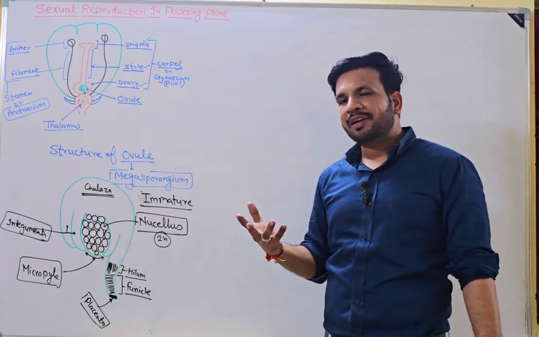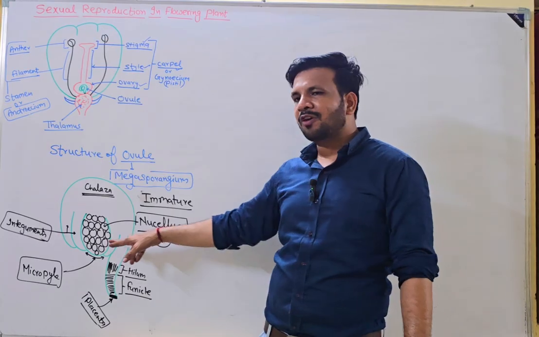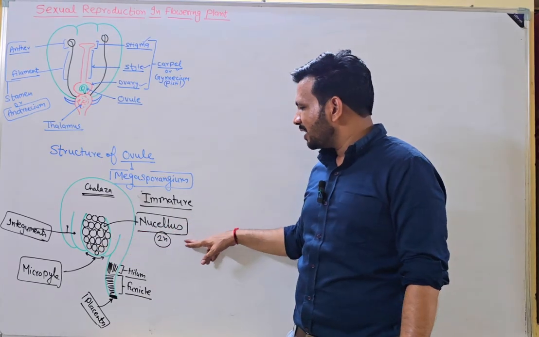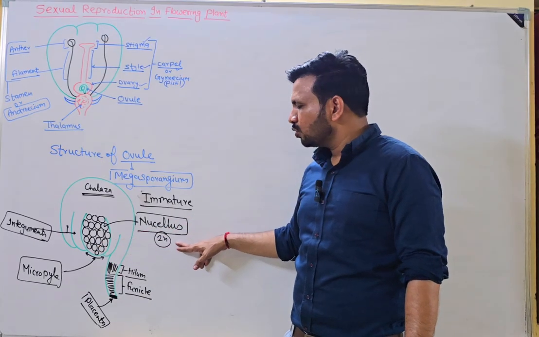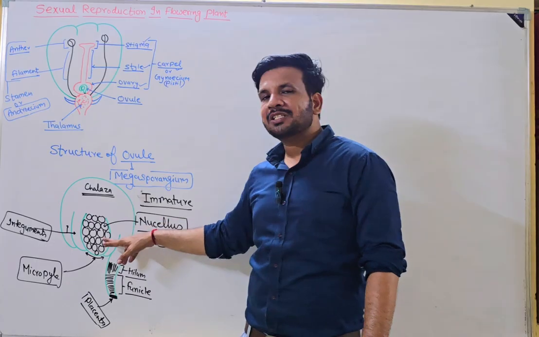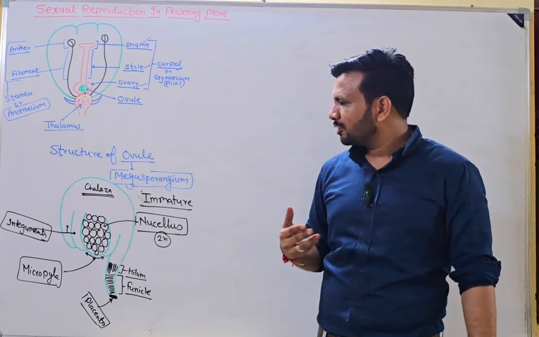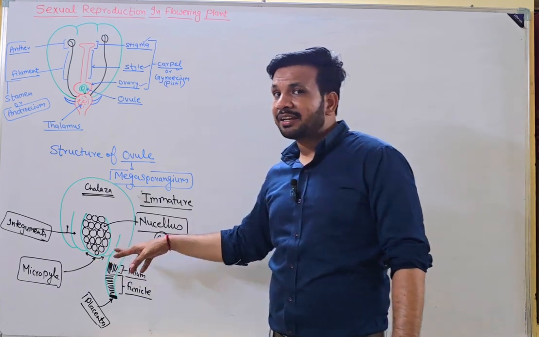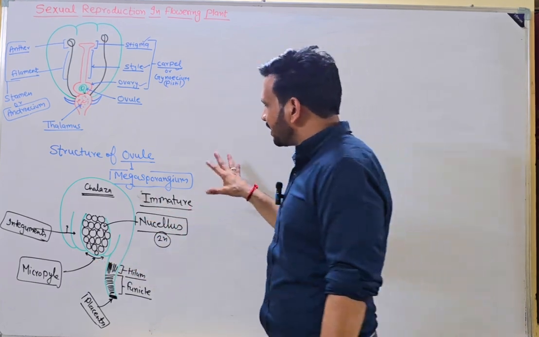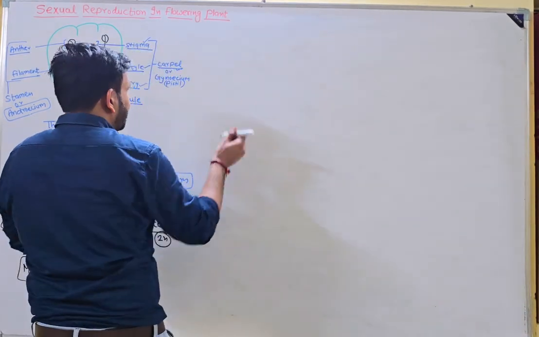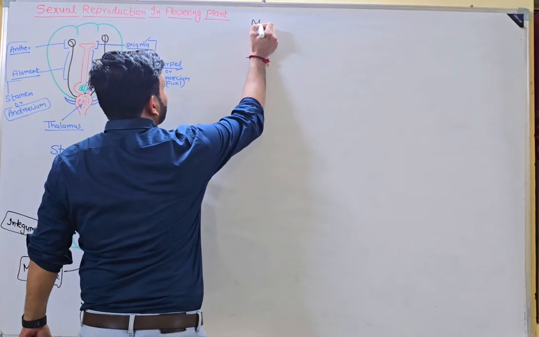Okay, this is how you need to write about this whole ovule structure. And one more point you can write in this, that nucellus cells are found at the center. These are the cells and their ploidy is 2n, because one of the cells in the nucellus will give rise to the embryo sac at the end. We will discuss that. Okay, let's talk about the megasporogenesis. Okay, the name of the process is